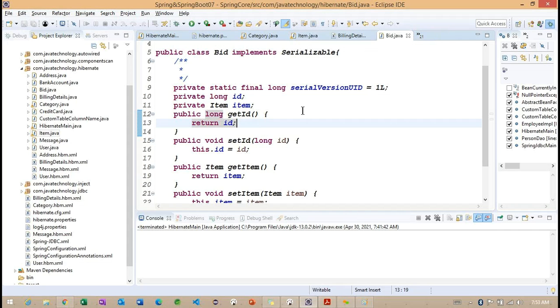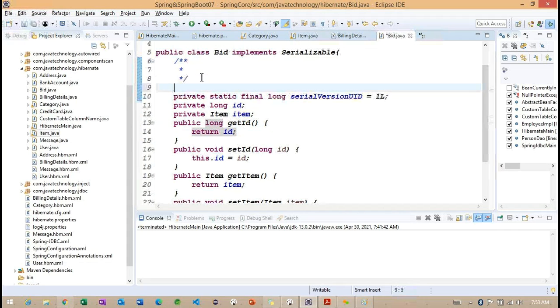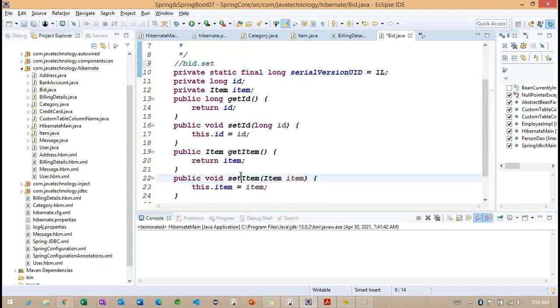So observe, if I'm going to call here, how am I going to store the data? With the reference of this particular bit, dot setItem, because setItem is expecting one item object here. So here we are going to specify the item.